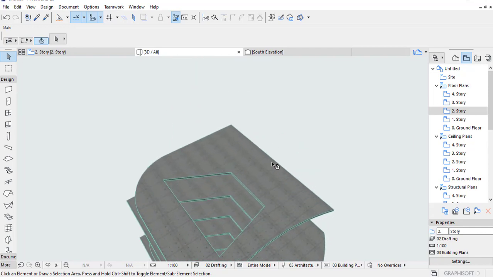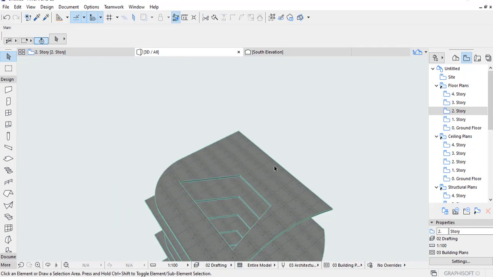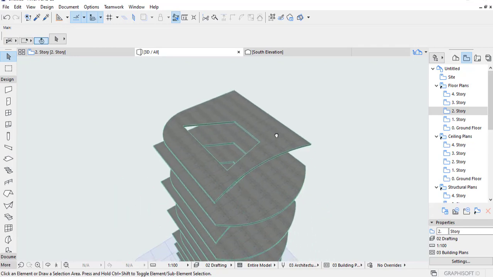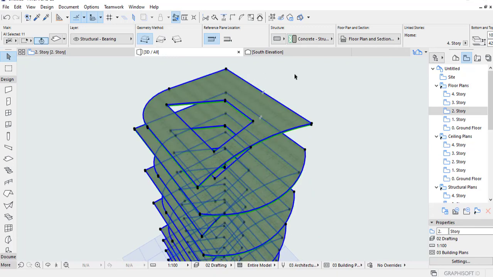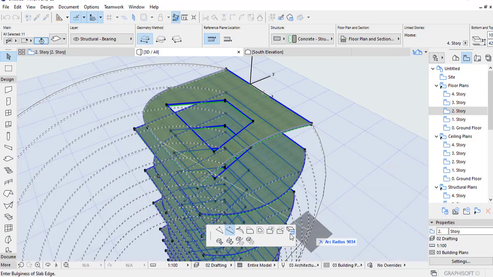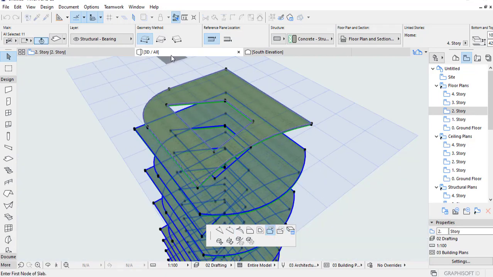You can add an extra part to the slab. So select all the slabs. You want to add an extra geometry, just click on an edge, use this plus icon, and then again you can decide whether you want an extra part which is a square or a polygonal shape.